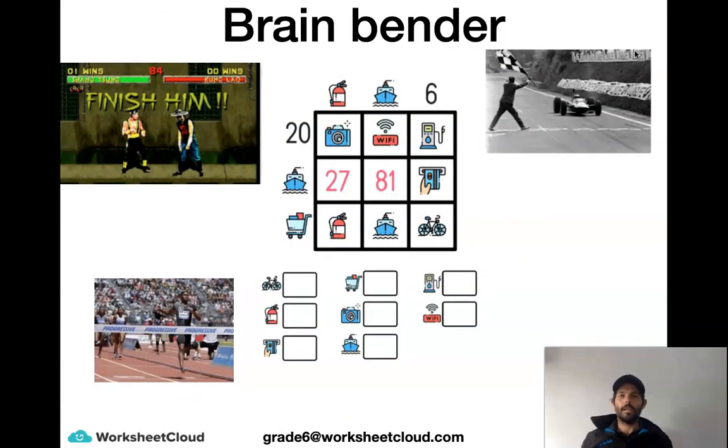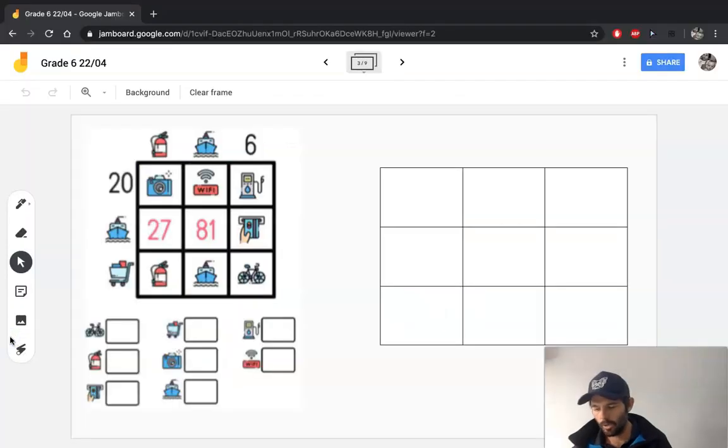Okay, cool. Guys, there's your brain bender for today. Go and work out the value of the symbols in the multiplication table, and let's see how you guys get on with that. Okay guys, so with the multiplication table, I'm just going to fill in the numbers that have been given to us, and let's have a look at how we're going to work that all out.